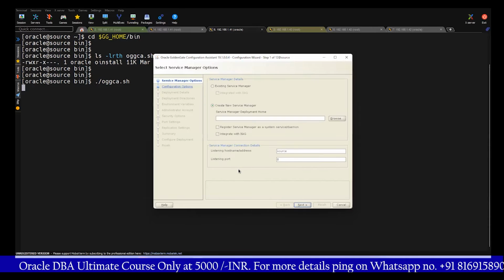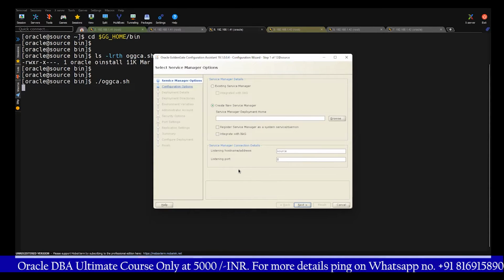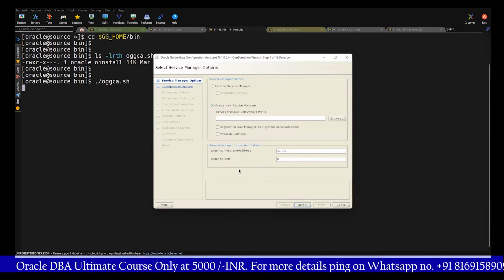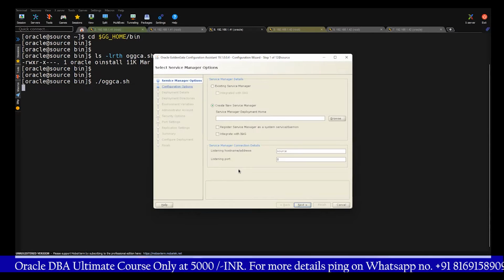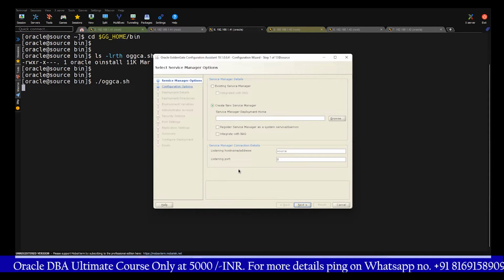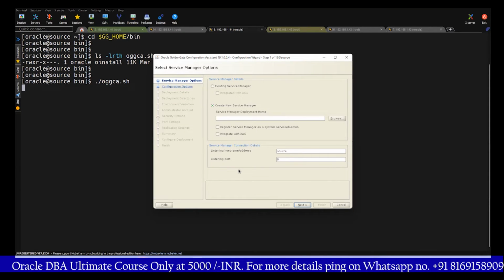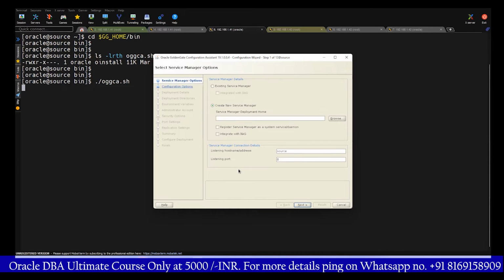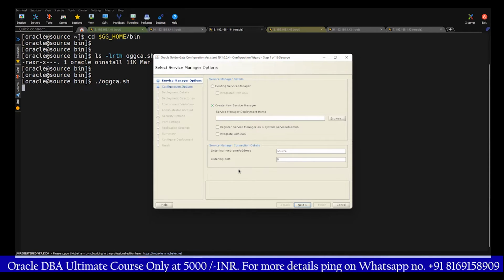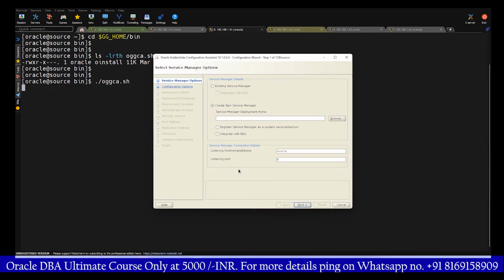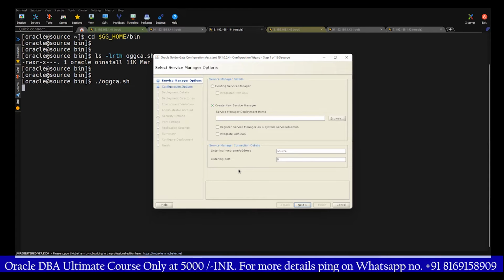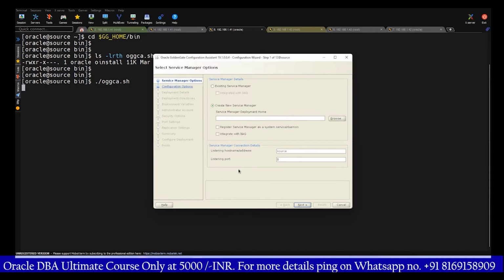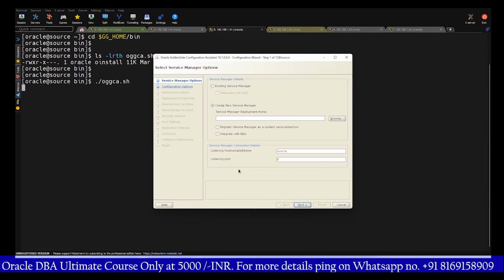So basically, it's a two-phase installation process in microservices architecture. The first phase we already did. We downloaded the software, then we did the basic installation, which finished within a few seconds. After that, you need to invoke oggca, the GoldenGate Configuration Assistant, which will be required for the deployment purpose. As soon as you invoke the utility, it gives an interface